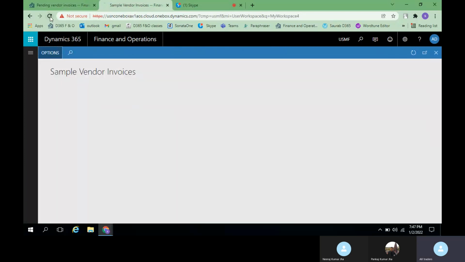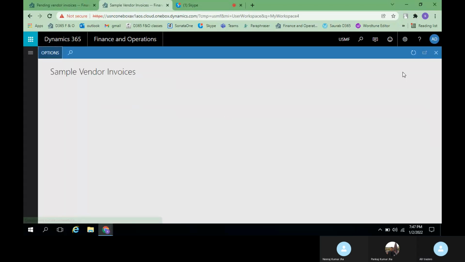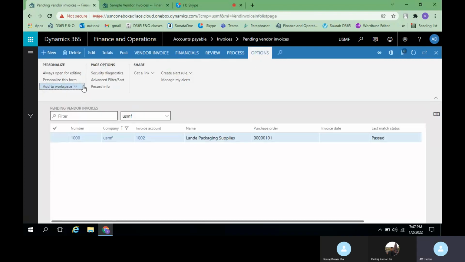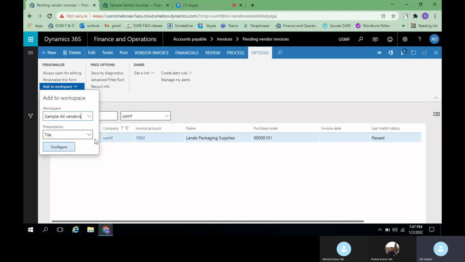Let us try to refresh here. Okay, I think it is not showing. It will show after some time. We'll just check this option as well. If we select the list, what will happen? Let us see.